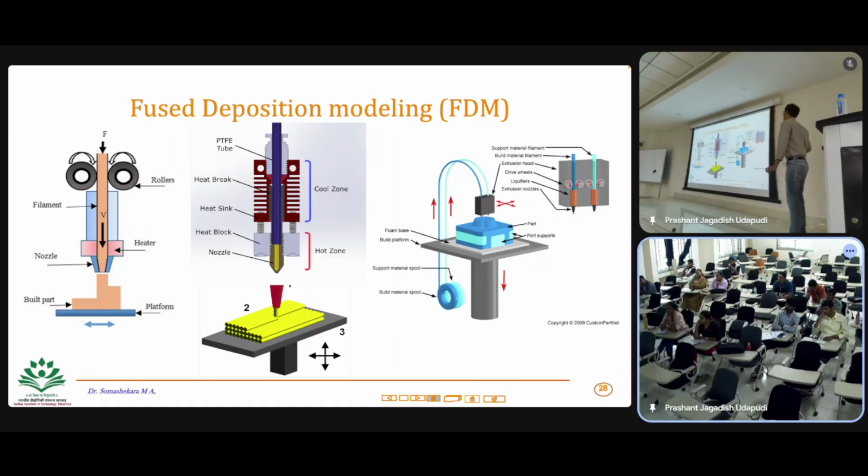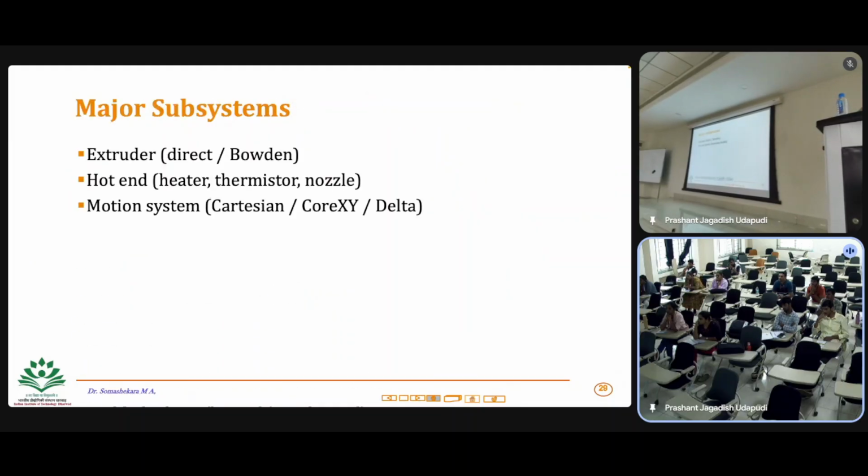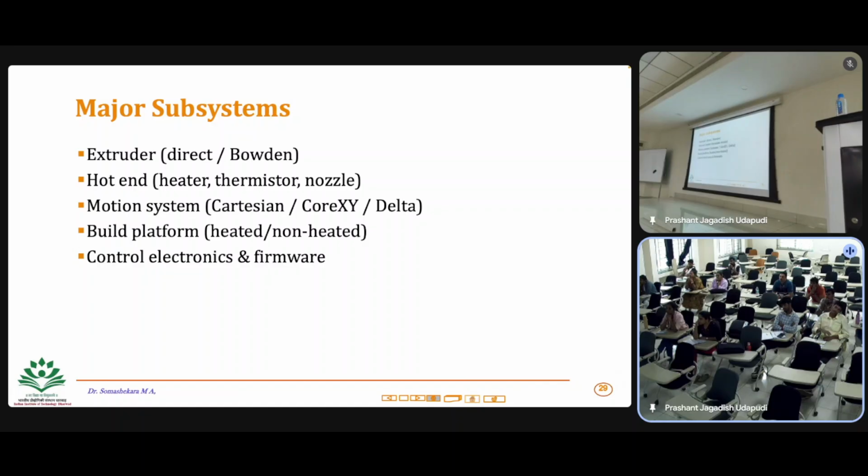But then you need to see how to differentiate, right? For example, when you print model material versus support material, what is the way? One way is you print with a less dense material, so that you can peel it off or remove it after printing. So the typical major system of material extrusion, if you see that, right,